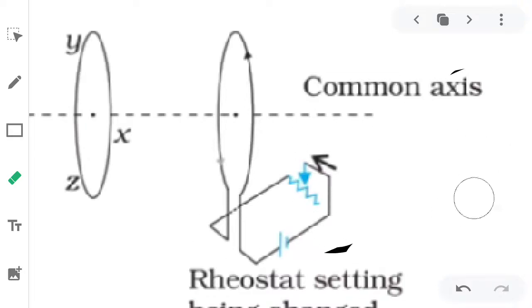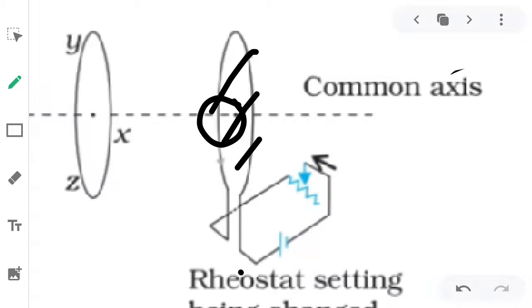So current is increasing, and the direction is given here. If you see the axis here, this face which is towards the left now. Now see, they have changed. First we were able to see the right side, now we can see the left face of the loop. The current direction is here. If you see from the left side, it is anti-clockwise, which means it will be north here.